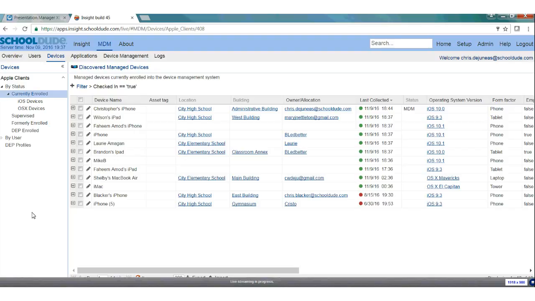Now I know a few of you are probably wondering, how do I actually go about getting my devices enrolled? There's a lot of different options actually. The easiest option is going to be to use that Apple device enrollment program. Remember, if they're district-owned devices that you've purchased through there, you can have them come preloaded with that profile configured, or you can push out that profile through the DEP. So that's obviously going to be the easiest option, but if you're not using the DEP, or if you have